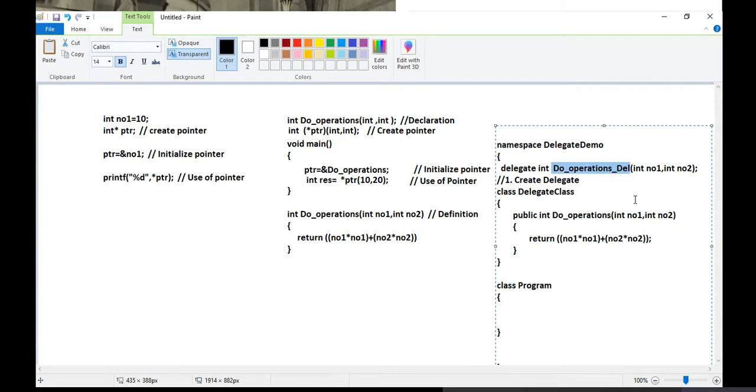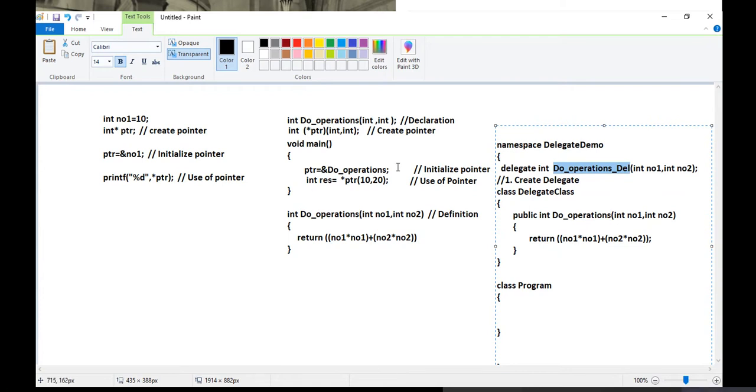Right now, my delegate, do operations delegate, will be working for the method do operations. In simple words, the do operations reference will be stored by the do operations delegate.